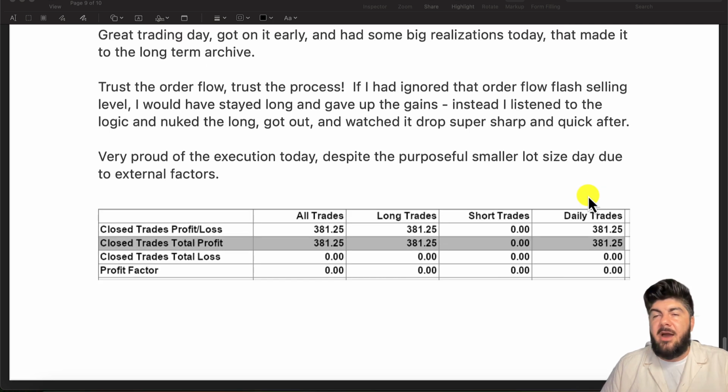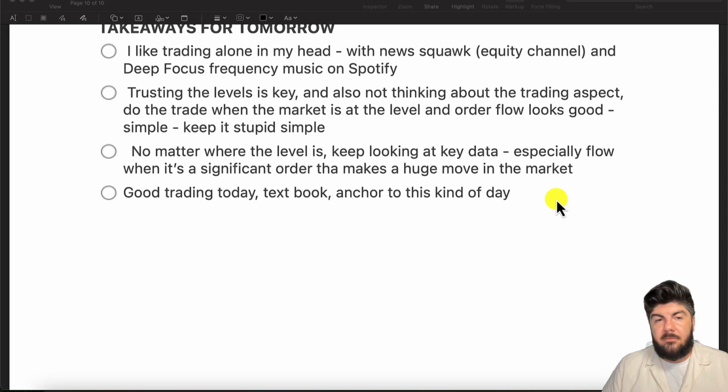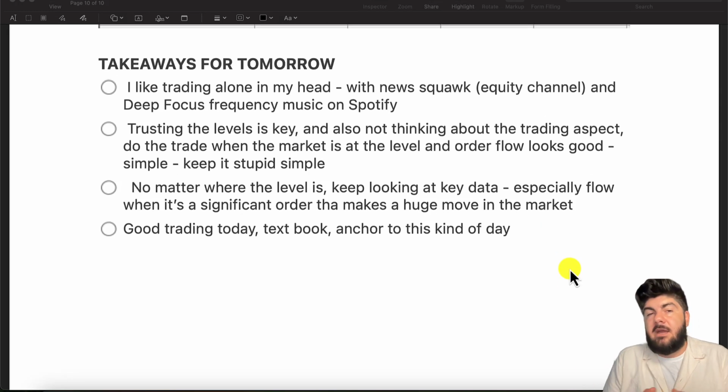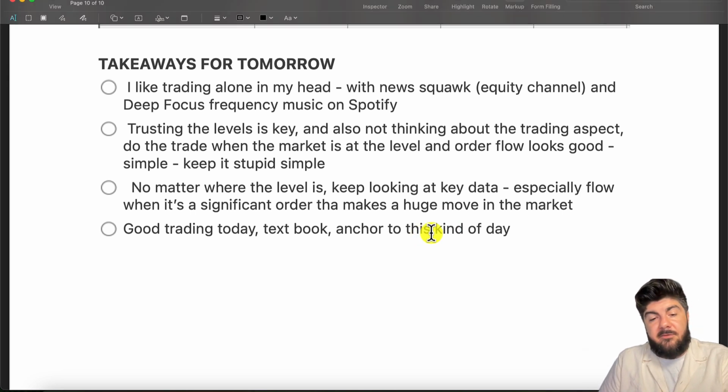Every time you have a thought that's structural or foundational to what you're trying to do for the day, record it. And then at the end, I have takeaways for tomorrow. The way I start every single trading day with my journal is to review my takeaways for tomorrow. And if I'm not doing good, then review my